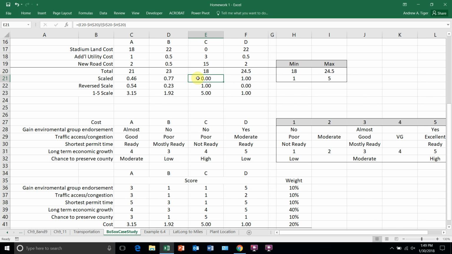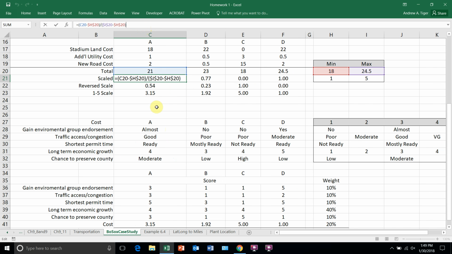So how did I get these numbers? This is totally not the total cost. How did I get these numbers? They're based on the minimum and the max, 18 and 24.5. And I could have put any 2 numbers I want, but I just put the min and the max. So look what I did. This formula,